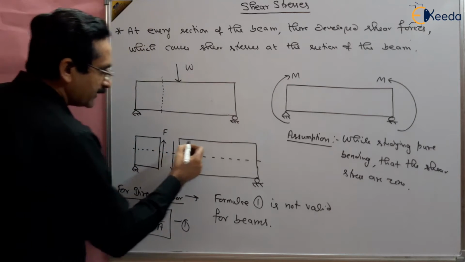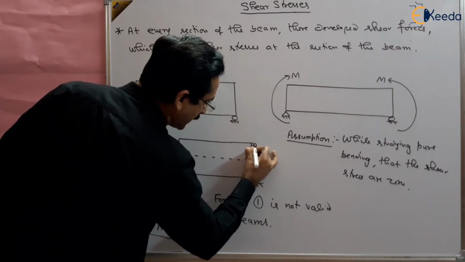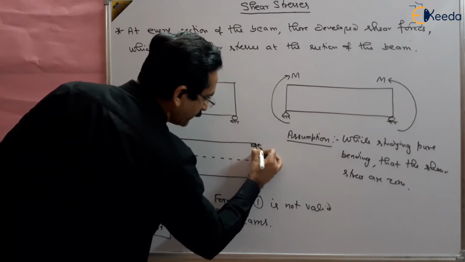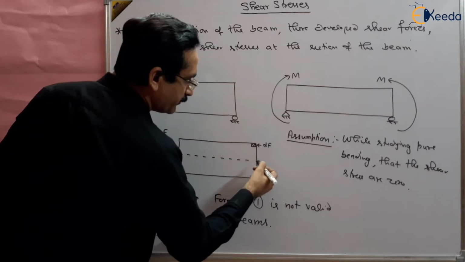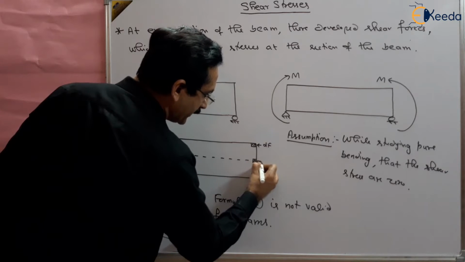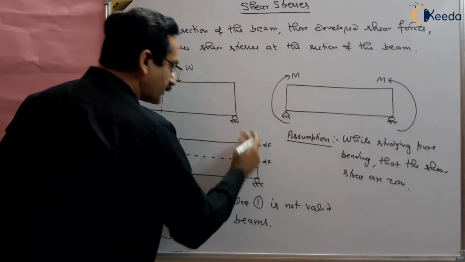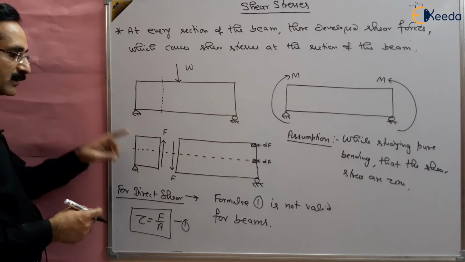Suppose I take a section here, at this part of the beam. Here the force will be different, and at another part of the beam the force will be different. The sum of all the forces is what we have written here, which we used in our shear force